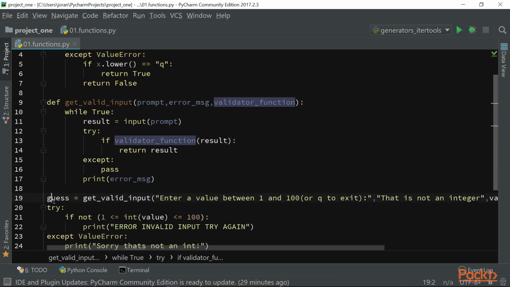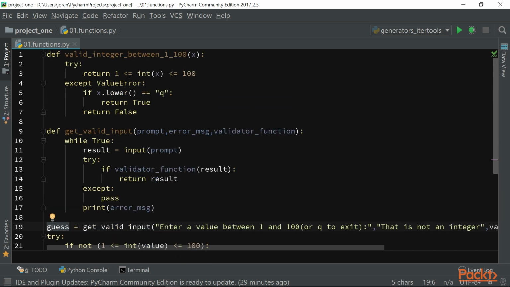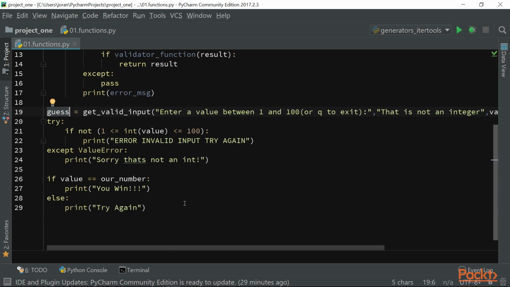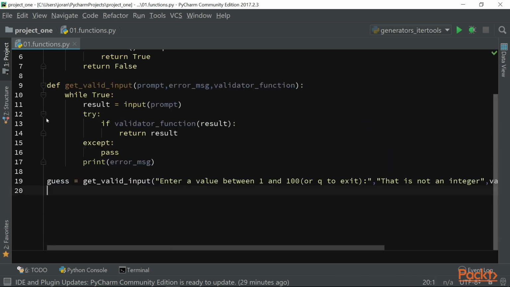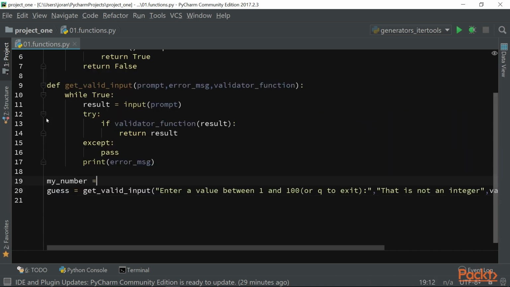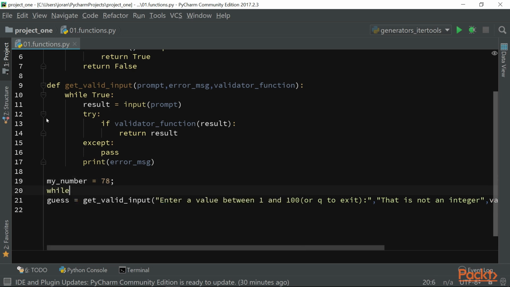Now, when we get our guess back, we know for sure that that's an integer between 1 and 100, or it's the letter Q. It's not in integer form. It's in string form when we get it back, and that's fine. And so now we can say my number is equal to, let's just say 78. So we know what our number is, but we're cheating a little bit. We're going to say while int guess